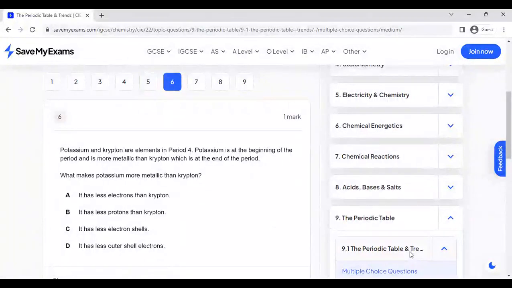Question number 6 states, potassium and krypton are elements in period 4. It is easy to deduce that from the number of shells present in both,